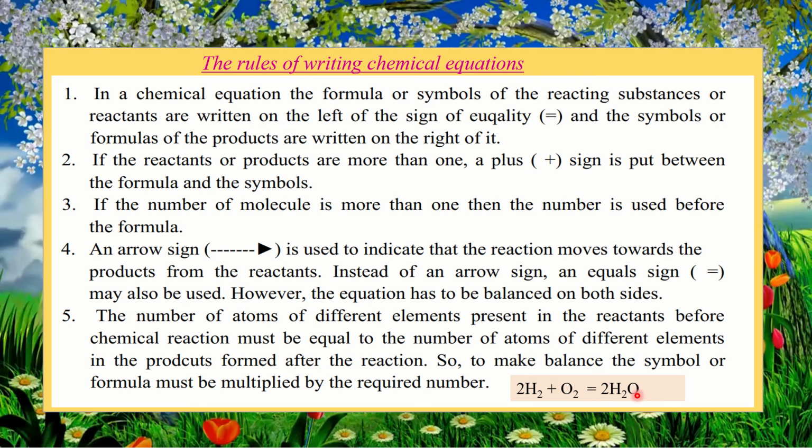Okay, we will learn this while balancing the equation. So now look, when there is written 2 and there is also written 2, now the atoms number are equal. There are total 2 into 2, that means total 4 atoms hydrogen. In the product side also there are 4 atoms hydrogen. And here 2 atoms oxygen in the reactant side, and in the product side there are also 2 atoms oxygen. So after writing the equation, when you will balance, then you will observe that the atom numbers of reactants and products must be equal.